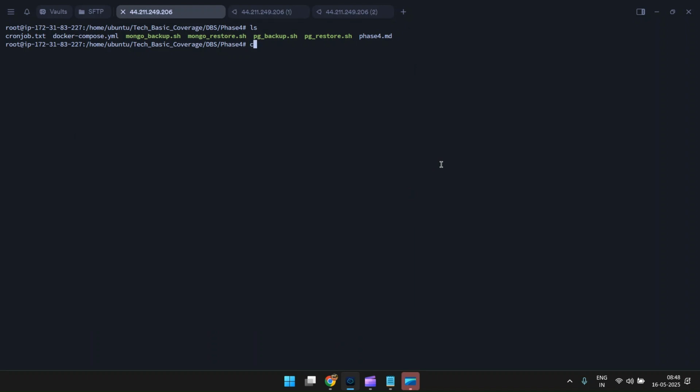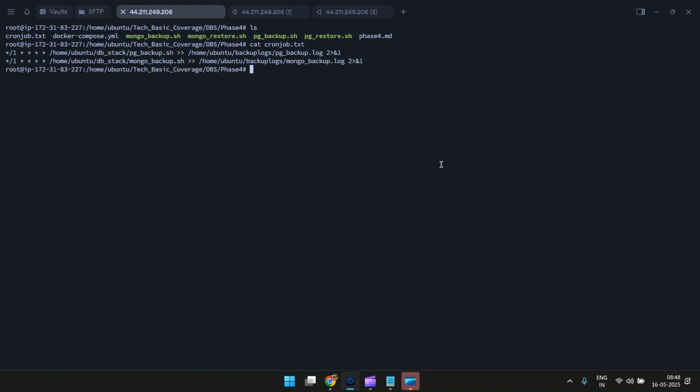So here I have given cron job dot txt, right? Here we can see this is the minutes. You can search the cron job format and see the meaning of these 5 stars, which are minutes, hours, days, and so on. So now we have two backups, one is the Postgres backup and another one is this. Now we are going to paste this